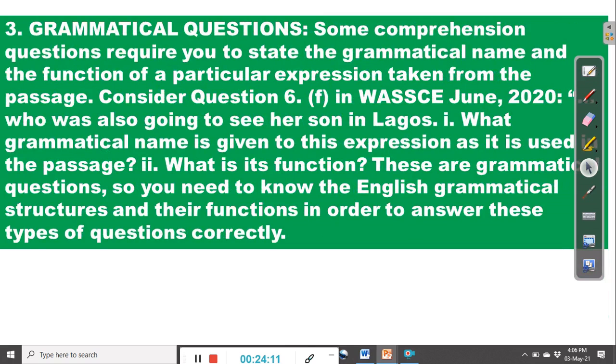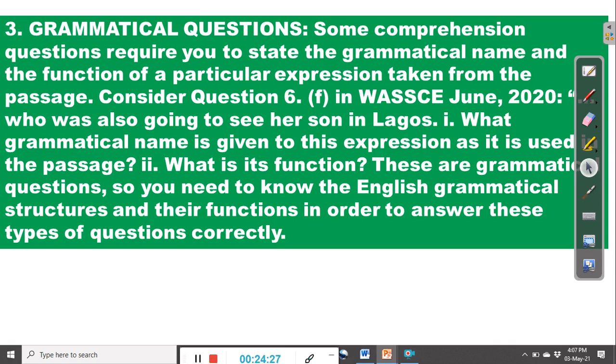Then the third type of comprehension question is grammatical questions. Some comprehension questions require you to state the grammatical name and the function of a particular expression taken from the passage. Consider question 6F